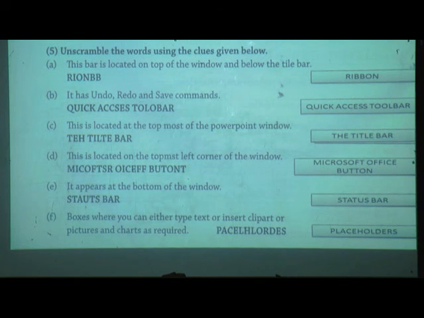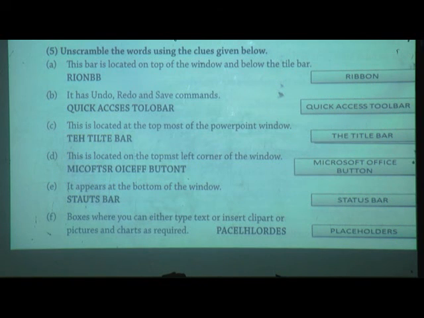This is located on the topmost left corner of the window, Microsoft Office button. It appears at the bottom of the window, status bar.